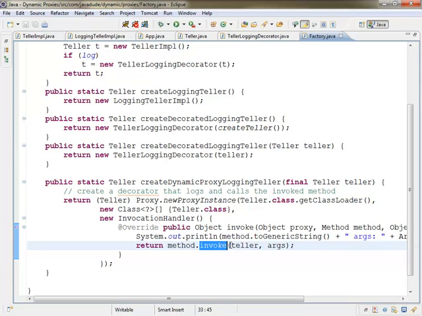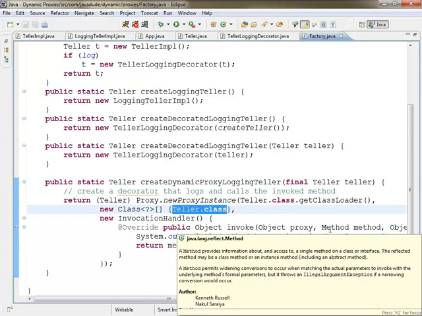Proxies are created at runtime. So what's really nice about that is you notice how I hard-coded this guy and this guy here? I don't have to hard-code those. I could actually pass those in at runtime. I could make this method